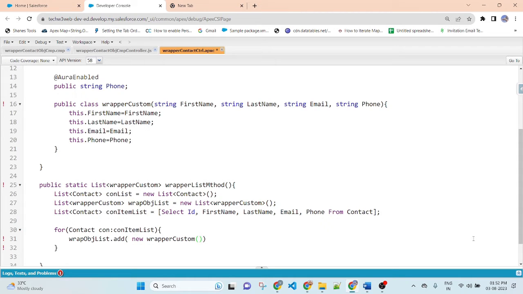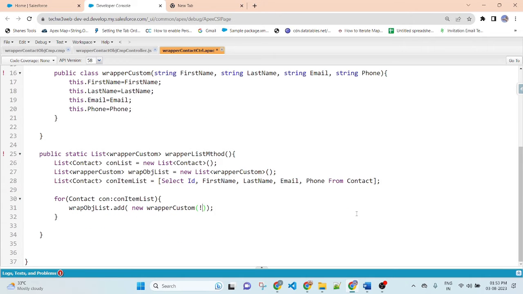Here I will add the values: con dot first name, this one, copy this, paste three times.